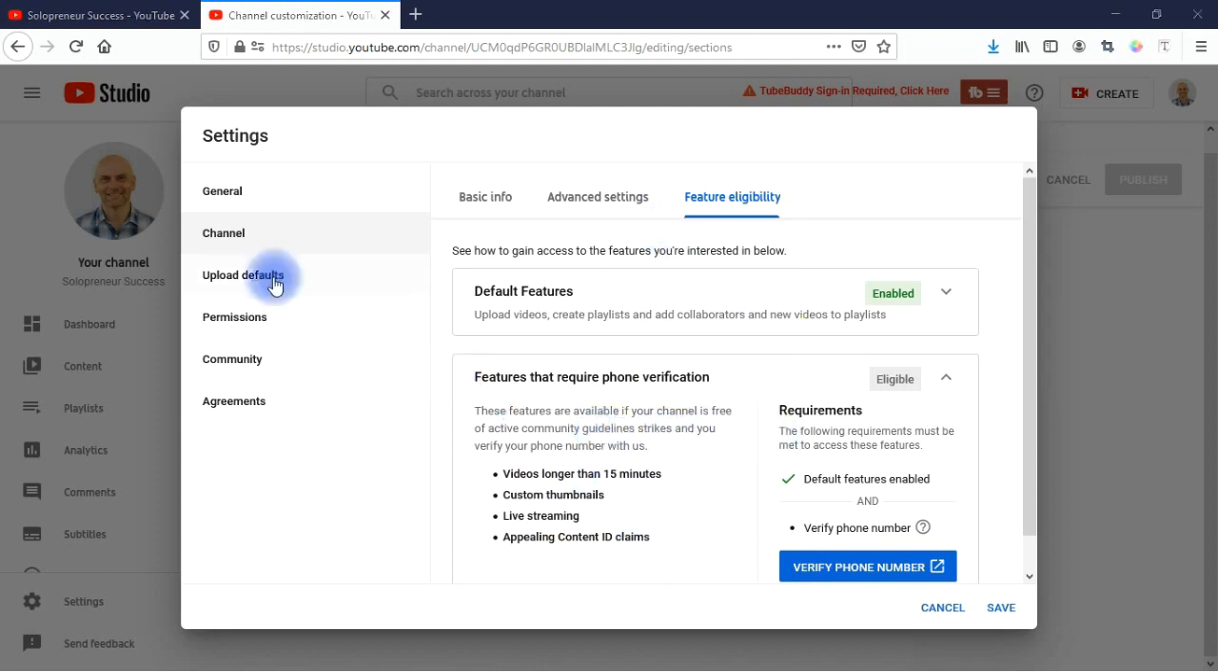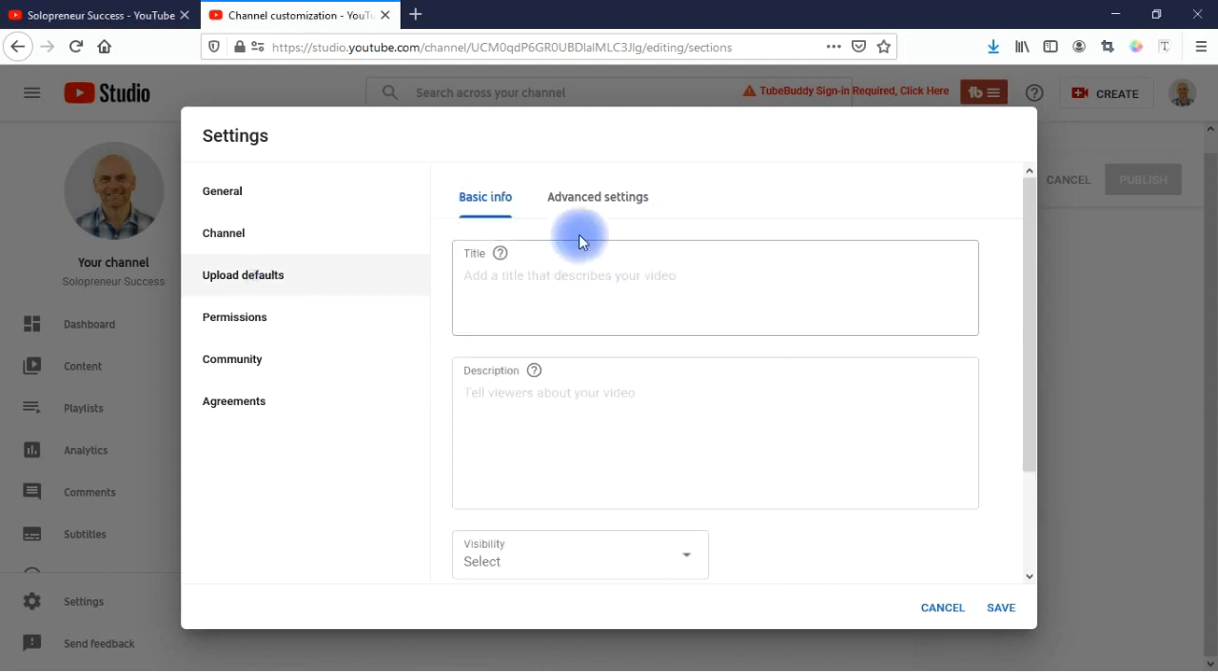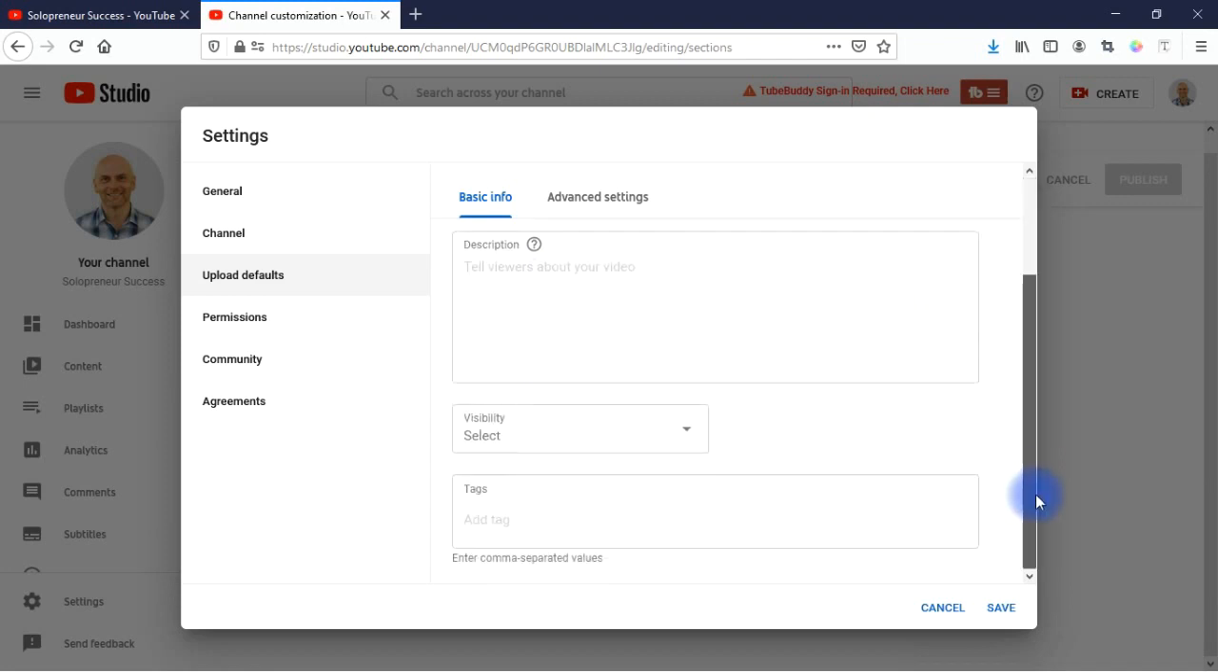Next, come over here to upload defaults. Here you can set up different defaults that are automatically put on every video that you upload to YouTube. You can then go in and tweak these settings for each individual video, but you may want to have some settings that are automatically loaded. That way you don't have to do it for every single video. Your title and your description, you don't want to do that because obviously you'll have a different title and description for every video. You might, however, want to have a particular visibility setting when you first upload a video,